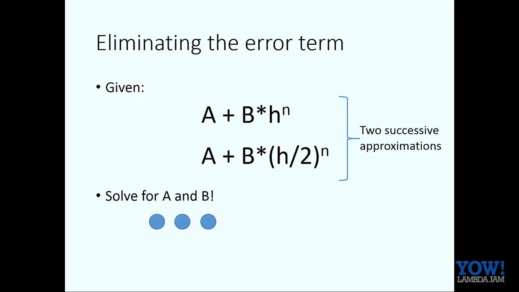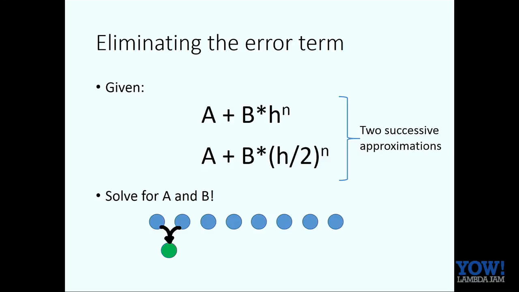How cool is that? That means I can take my sequence of approximations, and I can just take the first two values and solve and get a and b. I don't care about b, but a is the right answer. All I need is two approximations to get the right answer. Well, okay, that sounds like magic. It's not quite as magic as that, because this a times error term, that's itself an approximation.